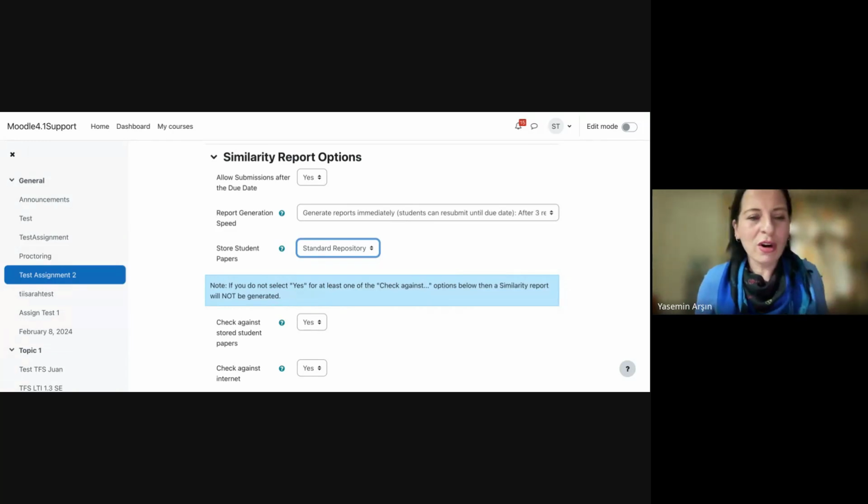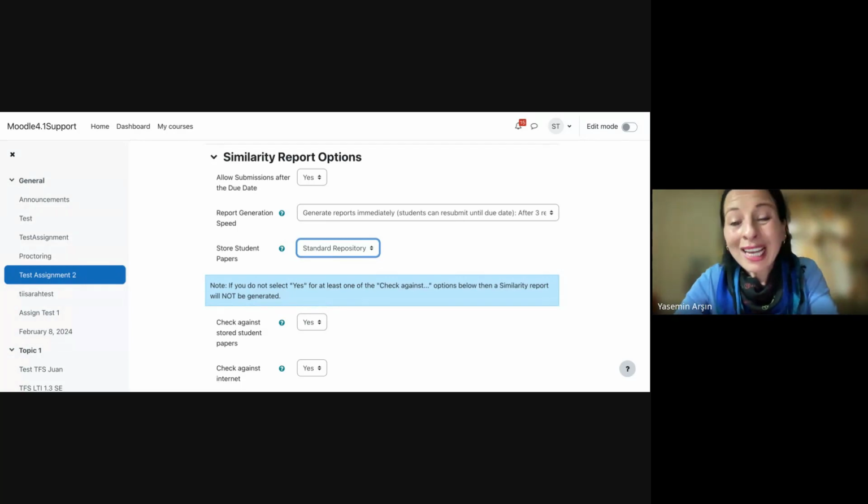And most probably you are not uploading your article on Moodle anyway, but standard repository means you are saving it into our database. And standard repository might be very functional, very useful if there is student collusion, as I told you before. If we copy and paste from each other, and if my teacher saves these papers into the repository, it will be detected I have copied and pasted from another student.